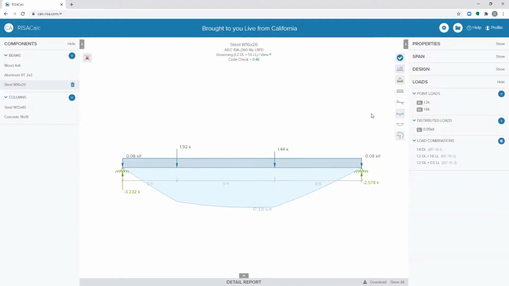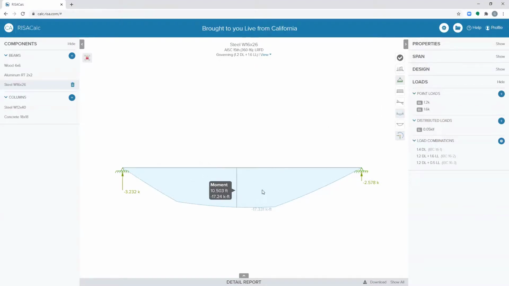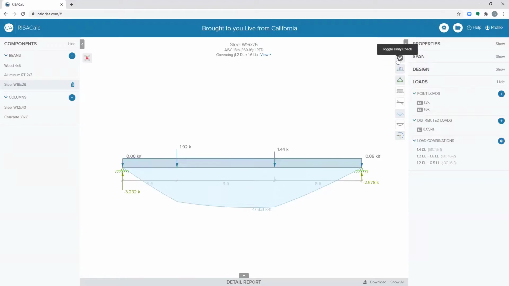And if I wanted to isolate some of the viewing, it's very easy. You can just remove, maybe I don't want to see code check, I don't want to see my loads, I just want to see maybe my moment and reactions. That's fine. You can show all of these. So everything that we have right on screen is for the purpose of helping to demonstrate and show you the